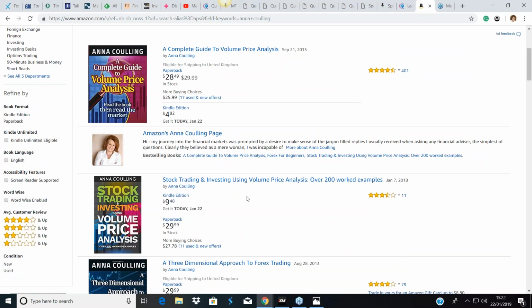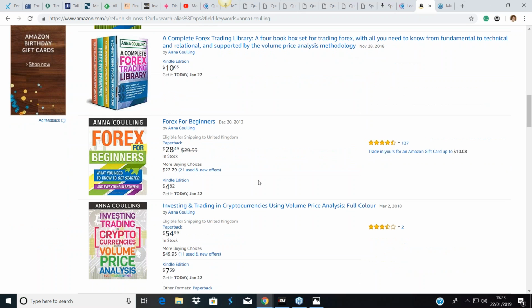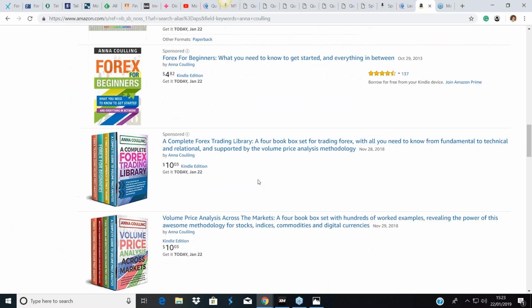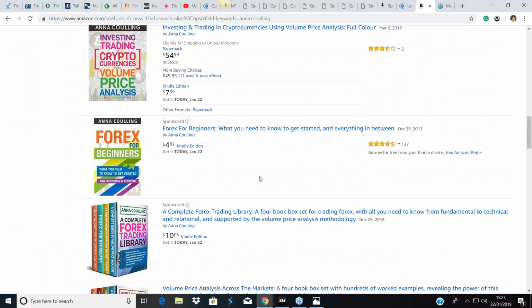And to the complete guide there is now actually a companion with worked examples, because it was one of the things that I was always being asked for. You know, it's great, but could you just illustrate it a little bit more? There are over 200 examples. There are stocks there, but it does also cover the indices and some commodities as well. And these are the other books that cover the other markets. There's forex, cryptos, and even I think binary options as well.